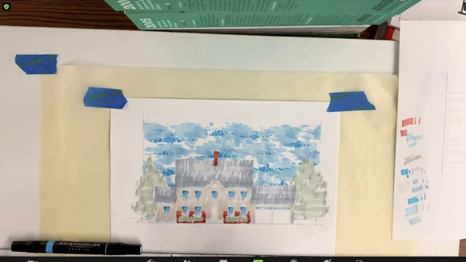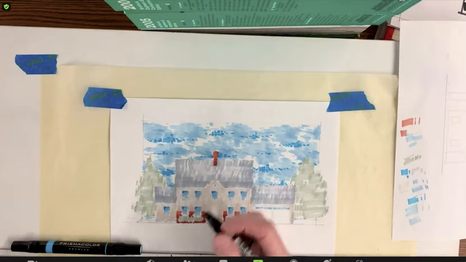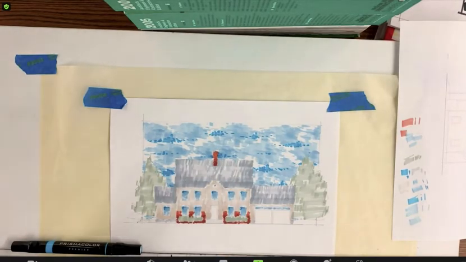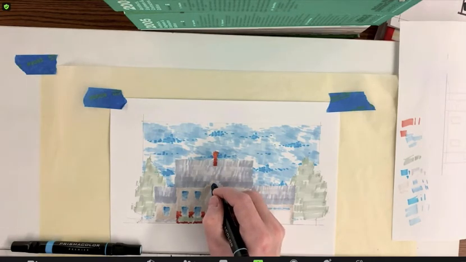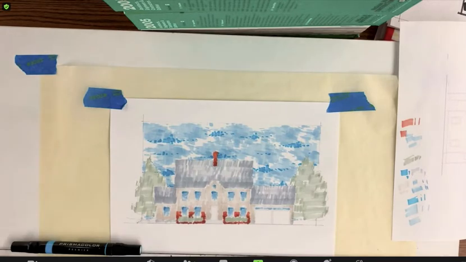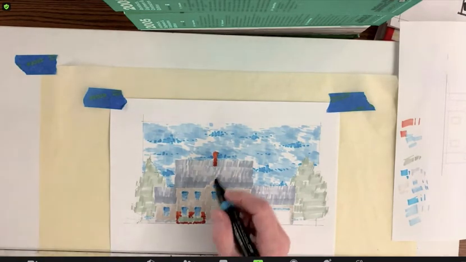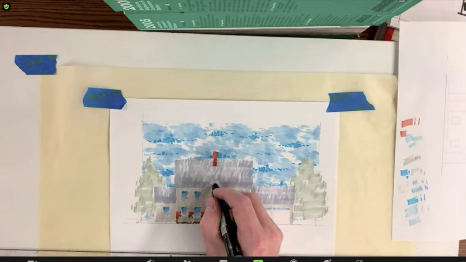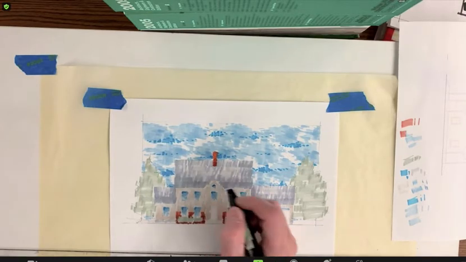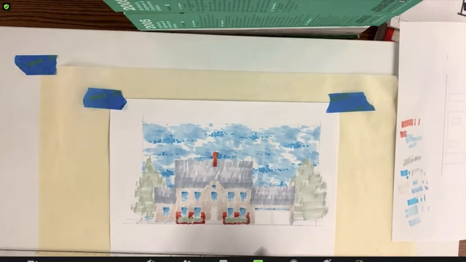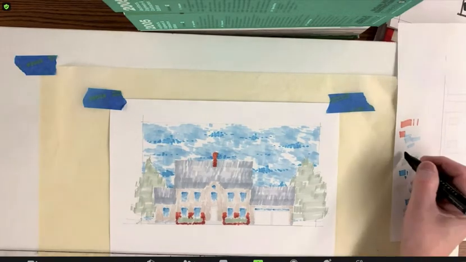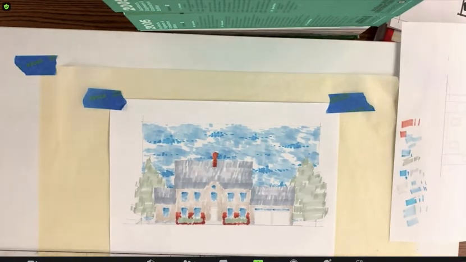But we can fix that. Whoa, not with gray I can't. Hopefully that won't be horrible. Oh, good. Again, just a little touch of that blue. Now what I do, I'm going to get to the trees in a minute. Now I'm going to take my light blue, I hope,